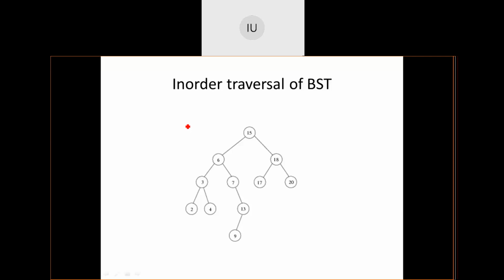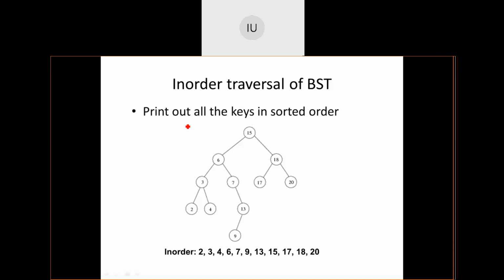In order traversal of this particular tree is 2, 3, 4, 6, 7, 9, 13, 15, 17, 18 and 20. So always a binary search tree, not binary trees. Please hear it properly. Always the binary search tree's in order traversal is ascending order sorting of that particular tree. When the elements are sorted in ascending order, that itself becomes the in order traversal of the binary search tree.